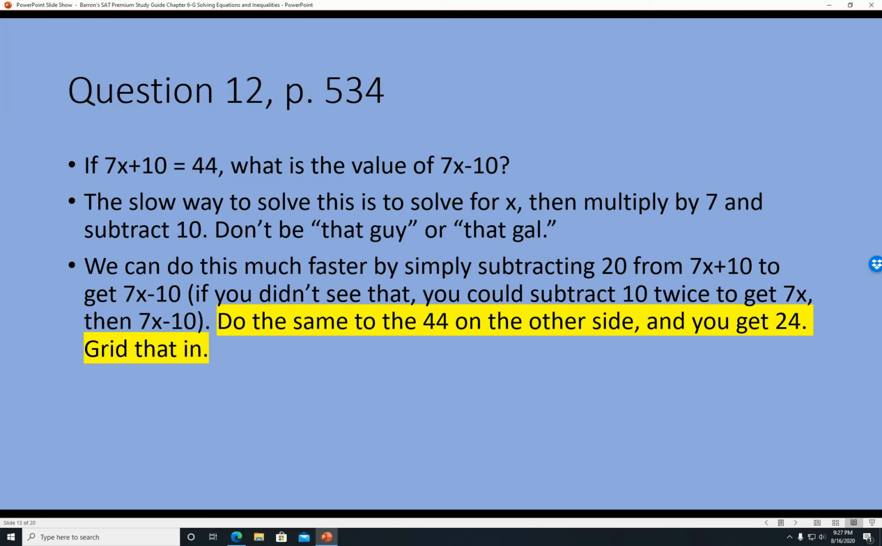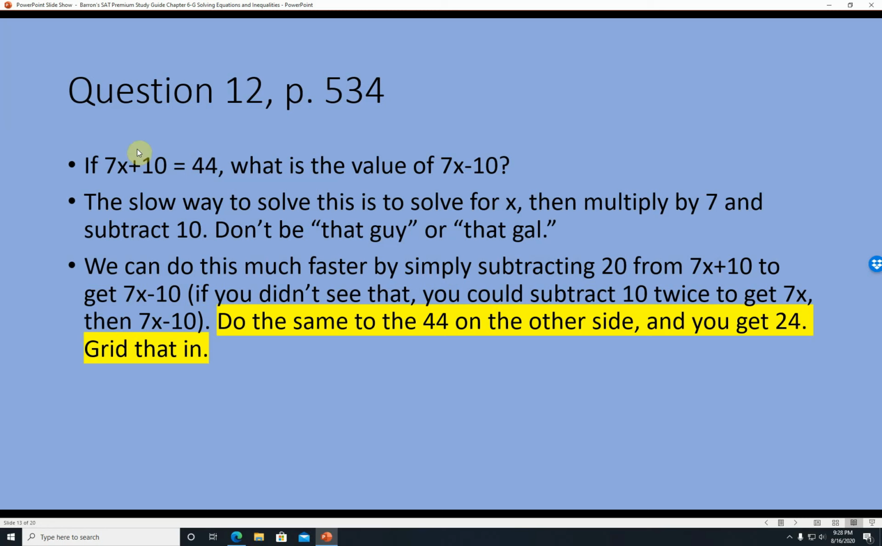So this would be the Joe Bloggs way to go: all right, I want to solve for x, so then I'll multiply by 7 and subtract 10. So you could do that. You get 7x is equal to 34, so then it's 34 over 7, and then you multiply 34 over 7 by 7 to get 34, and then you subtract 10 and get 24. That's more complex, and it also makes it more likely you're going to make a mistake